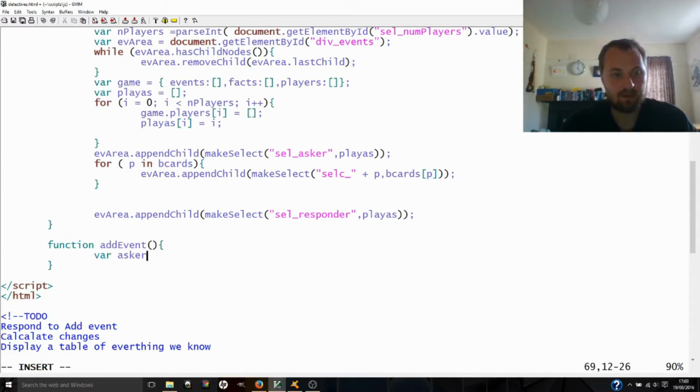There, asker equals document.getElementById, and the element we're going to get by ID, cell asker. That's why we try to give our things sensible names. Dot value,